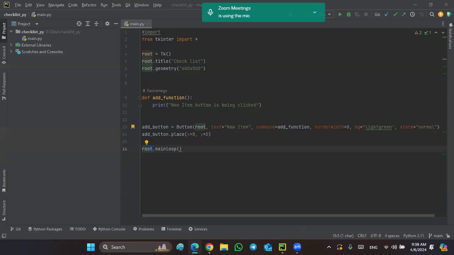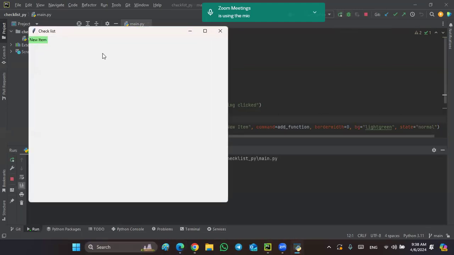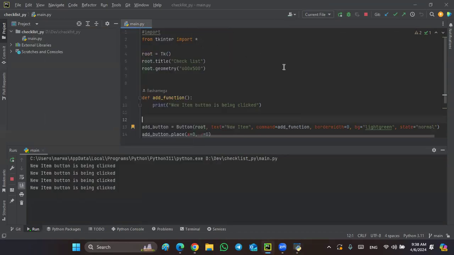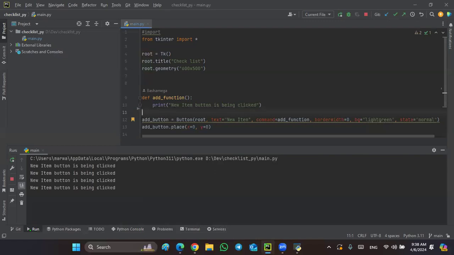So in our last tutorial, we saw how to create a simple button using Tkinter. Now, if you run it, we have this new item button. But now we need to add our checklist. In order to do that, we first need to create a Tkinter frame, which will contain all the content